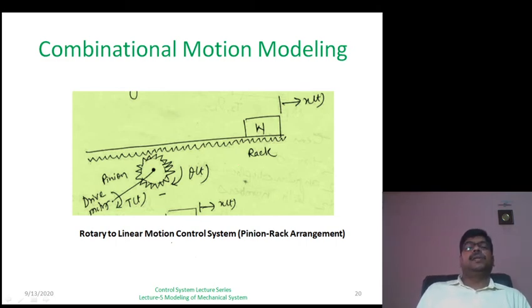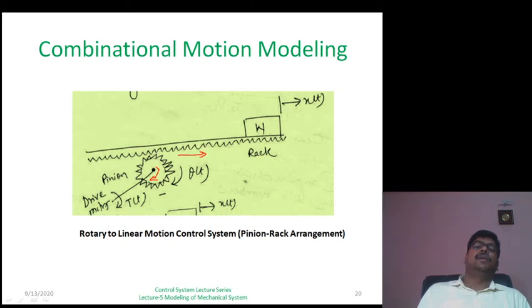pinion rack arrangement. So here this is the pinion. You can see it is moving in this direction due to the drive motor. Basically, an induction motor is used to move this. So this pinion is attached to this rack, and if the movement of the pinion takes place in this direction, then the rack will be